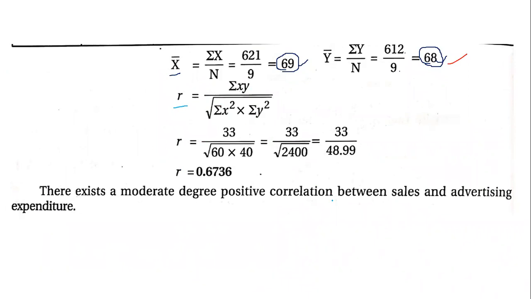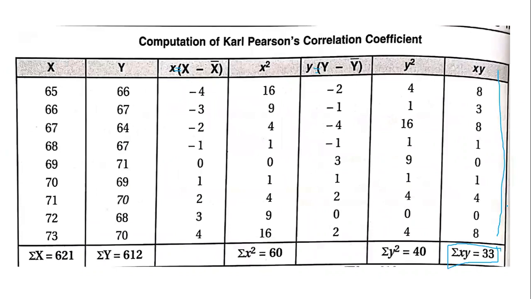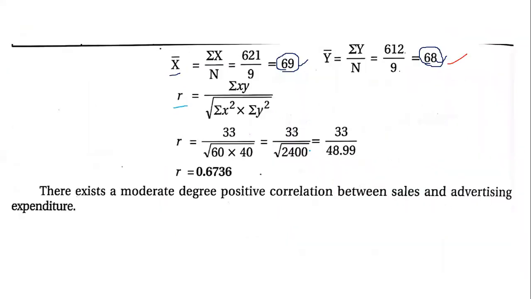Next, R is equal to sigma xy divided by the square root of sigma x square into sigma y square. What is sigma xy that we had here? 33. And sigma x square is 60, sigma y square is 40. So, 33 is sigma xy divided by square root of 60 into 40. 33 will remain. Multiply these two inside. 60 into 40 will give you square root of 2400. Now, once you calculate square root of 2400, you would get 48.99. So, 33 divided by 48.99 will give you a correlation coefficient of